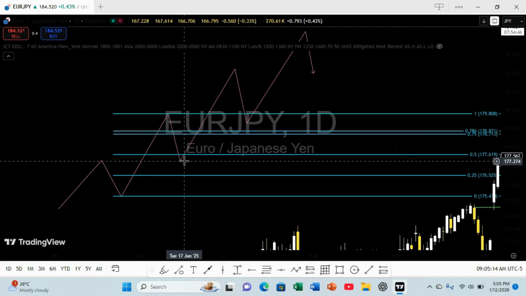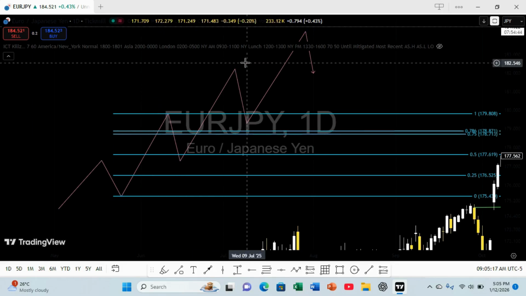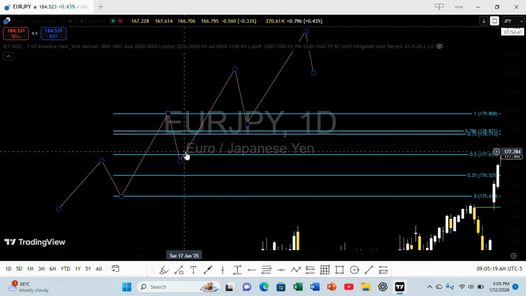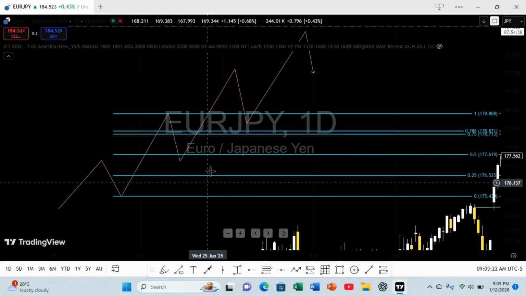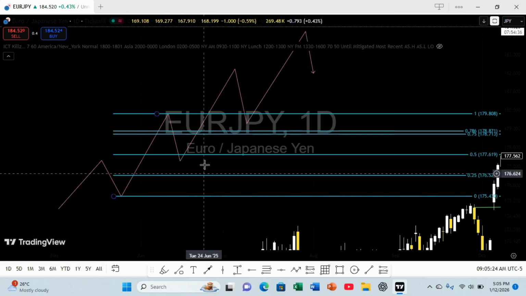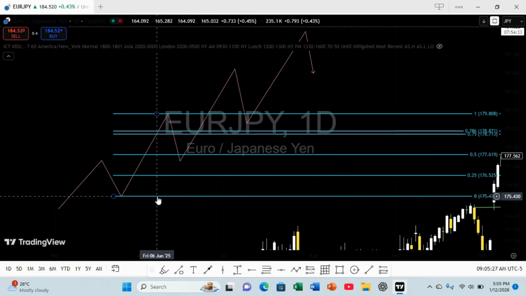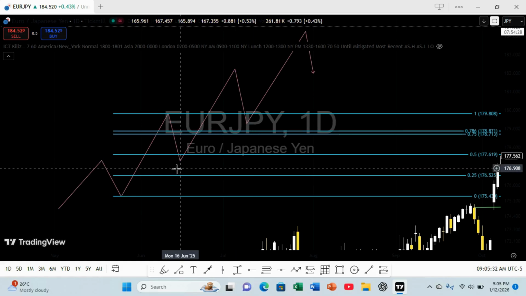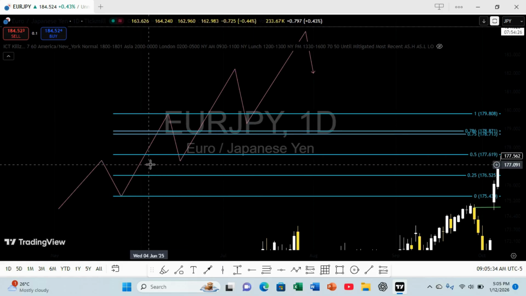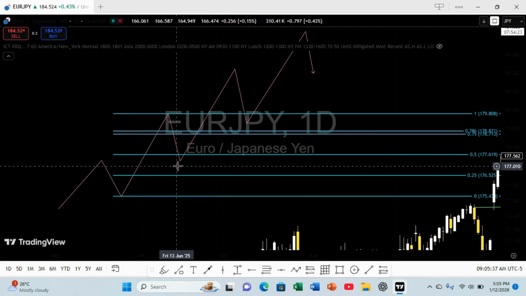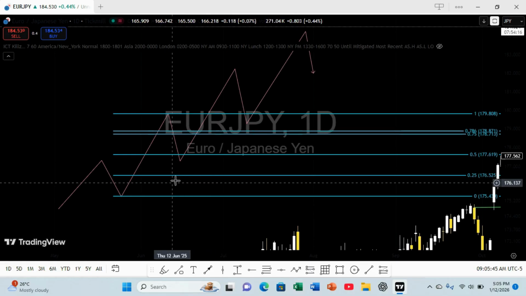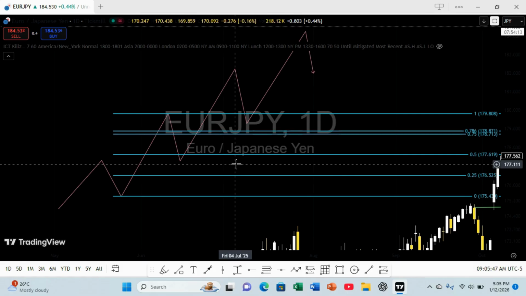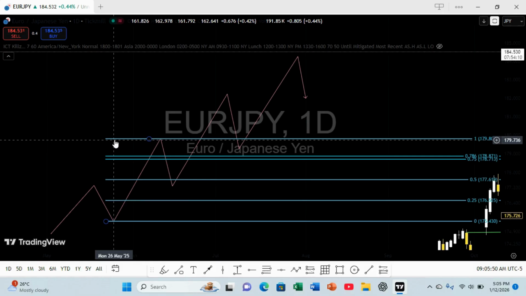For us to get this up run again, price must either tap into the equilibrium level or go into what we call the deep discount zone. The deep discount zone is what smart money calls the demand zone. In the demand zone is where we have our most important PDRs: the order block, fair value gap, breaker block, propulsion block, rejection block, and those are basically the best PDRs.